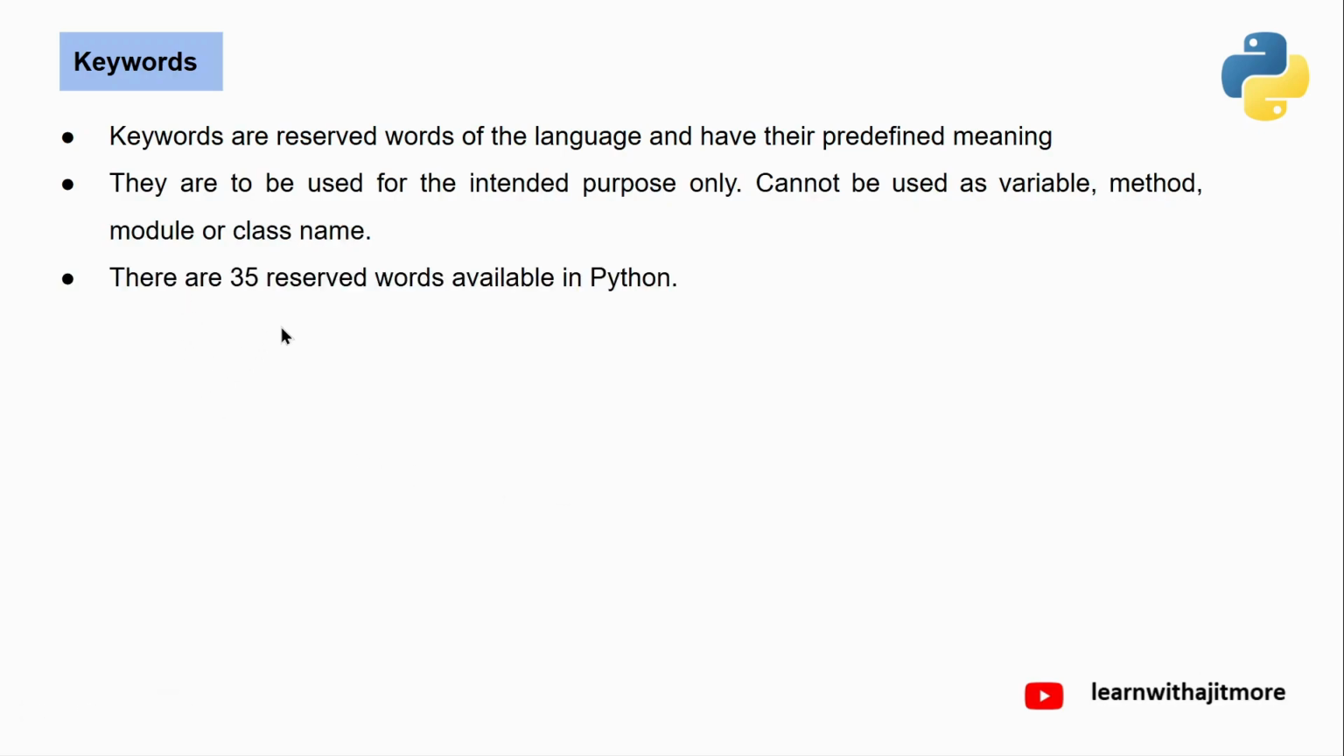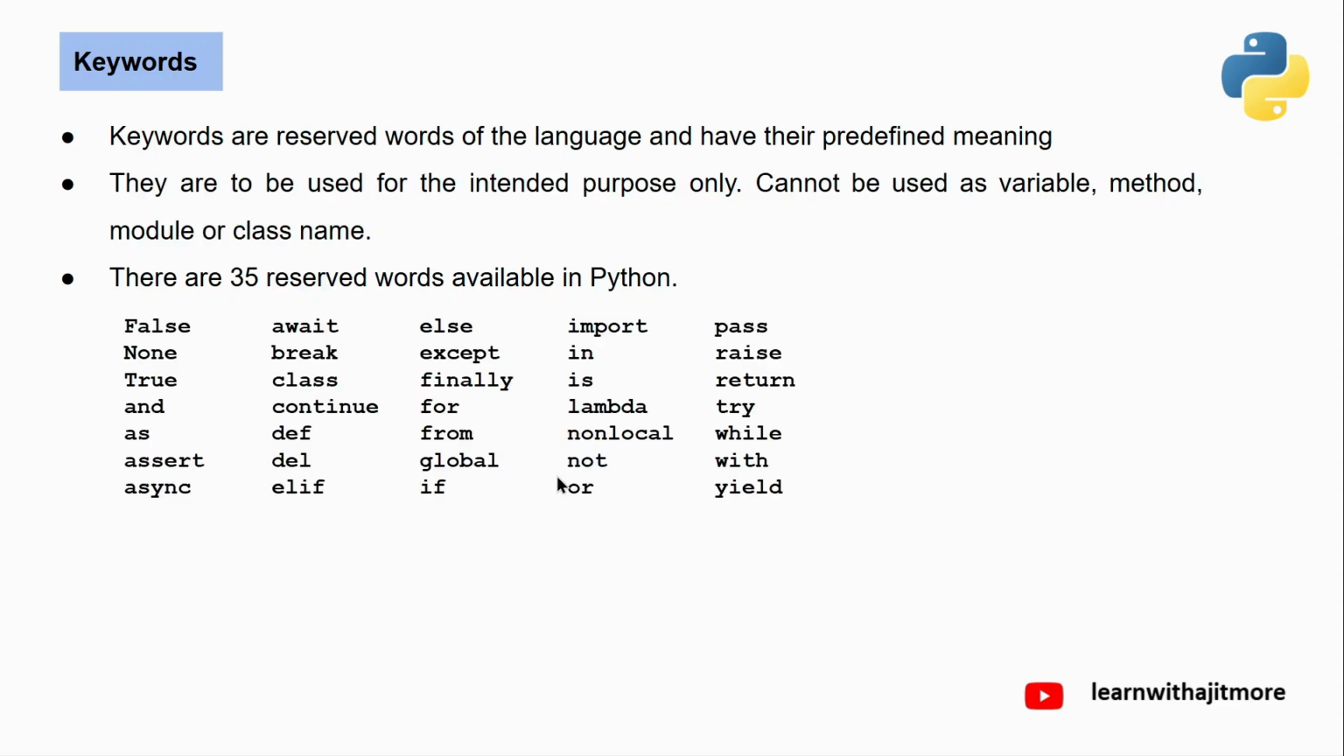There are around 35 reserved words in Python. Actually, there were 33 earlier. Two were added in the latest version. Okay. So around 35 reserved words, and till the end of the course we will mostly learn all of them. You can observe all are English words. And nearly all are in lowercase